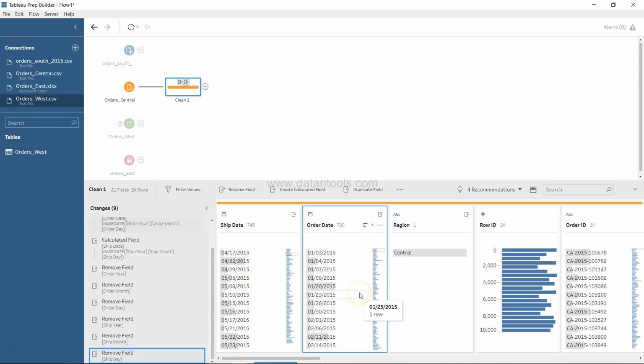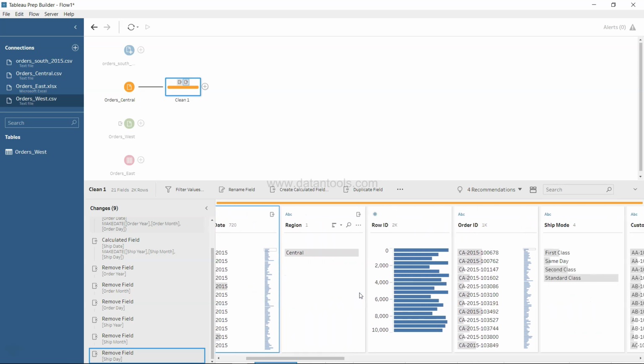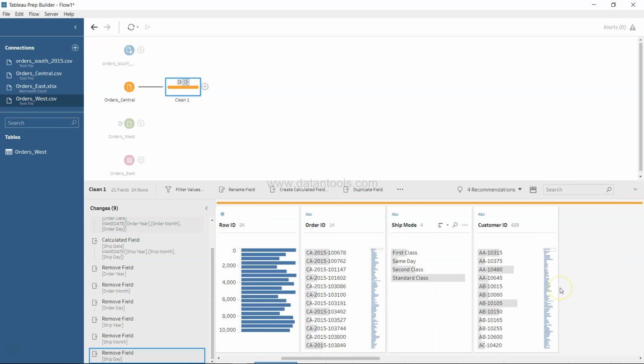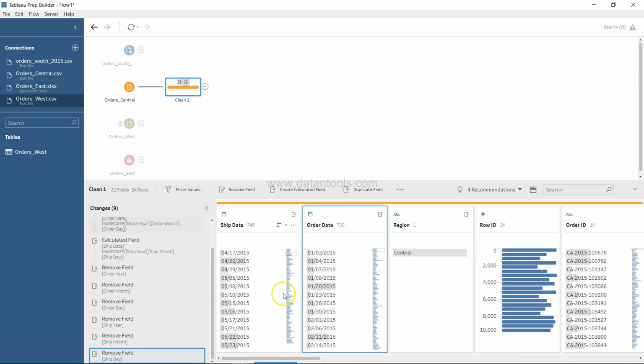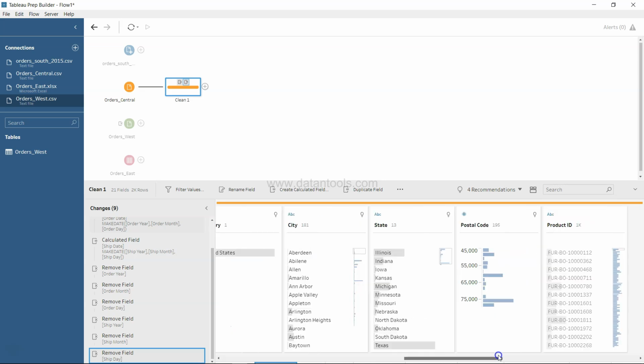So in case of dates, it makes sense, but in case of ship mode or things like segment, it makes sense that it should be a summary, right? So we are pretty much there, and one last thing, maybe the second last thing, what we can do over